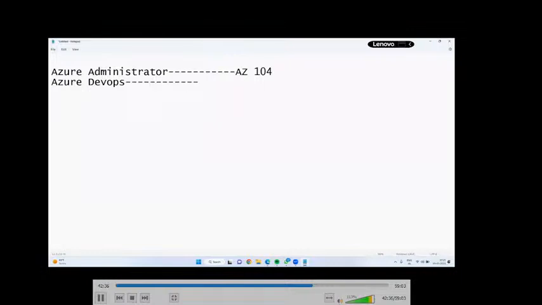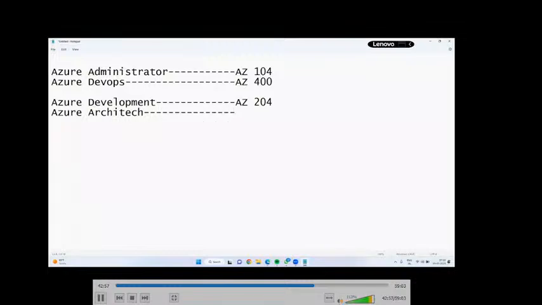Azure DevOps certification paper is AZ-400. In the same way, for Azure development we have AZ-204. Next, Azure Architect is AZ-305.